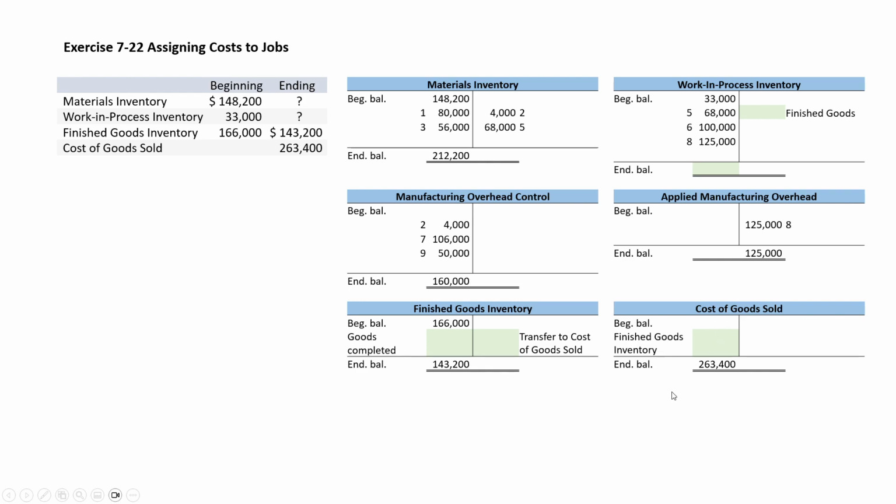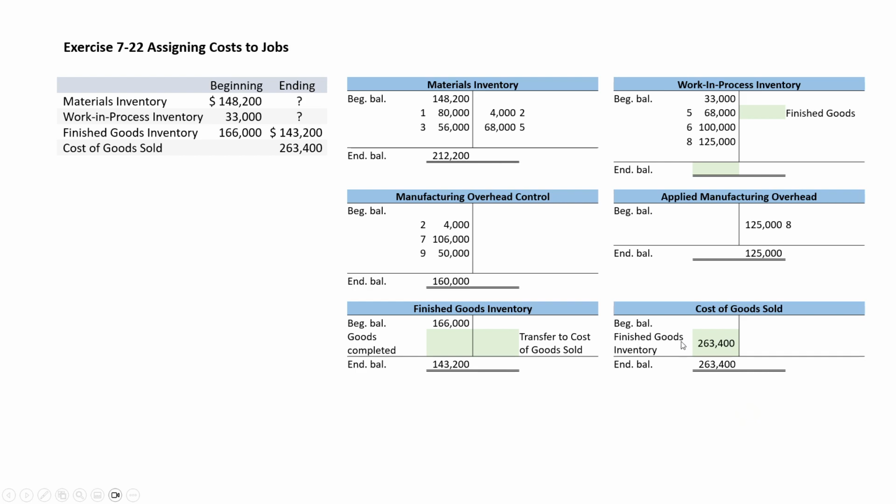You probably naturally would have thought, let me try to attack work in process, but I'm going to start almost backwards with cost of goods sold. One good thing they did tell us is that the ending balance for cost of goods sold is 263,000. So I know that's the ending balance. This account is an expense, so it's going to be on my debit or left-hand side. I don't have a beginning balance in this account because this is an expense that gets cleared out at the end of each year. So my assumption is the only activity that happened in this account is going to be the